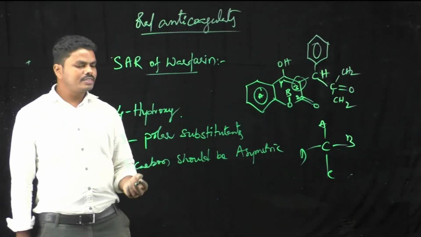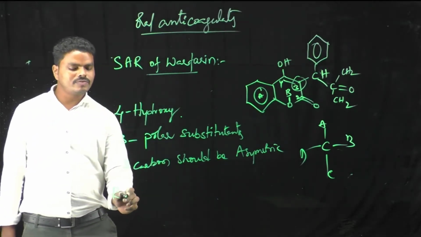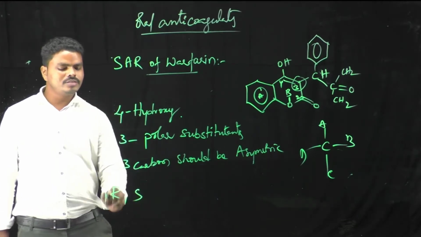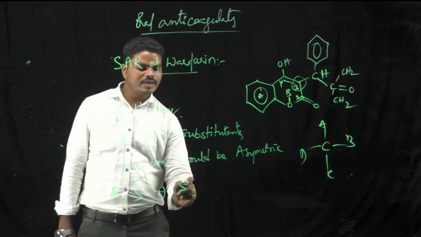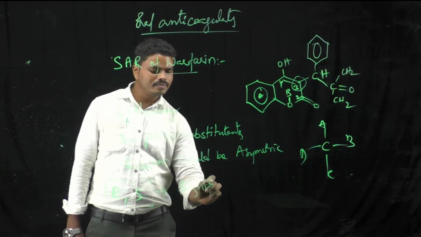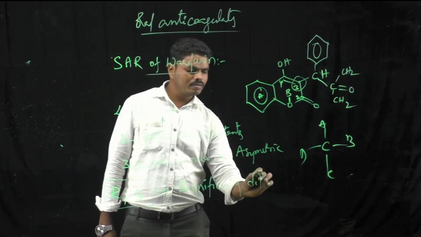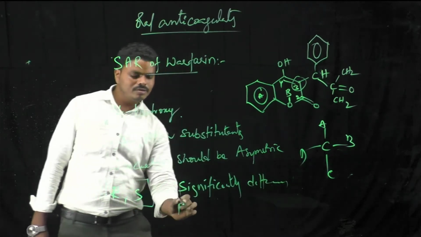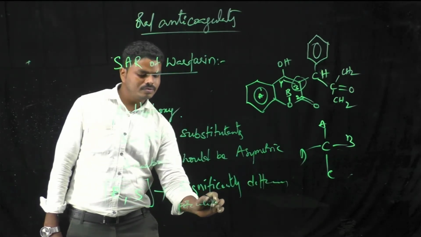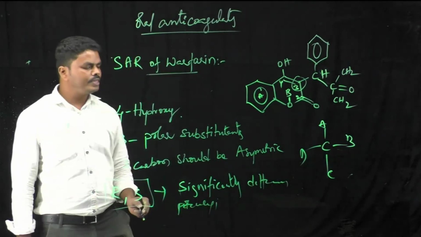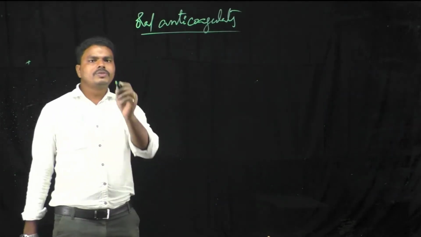And if it is asymmetric in nature, there is the existence of R and S forms, and these R and S forms significantly define potency, bioavailability and elimination process. Coming to the synthesis of